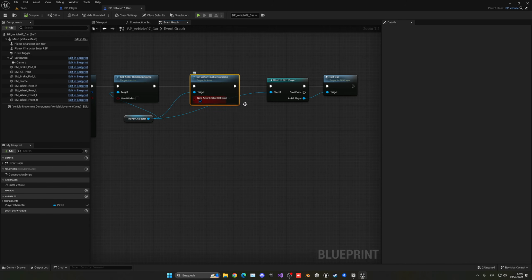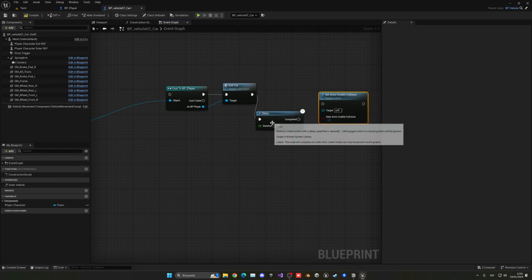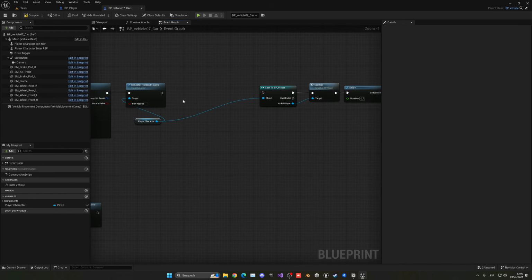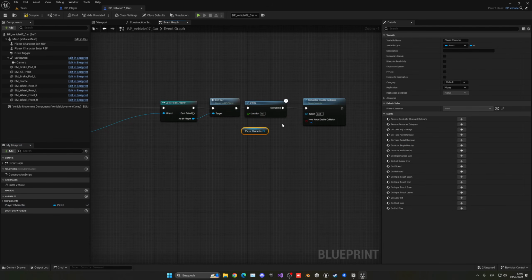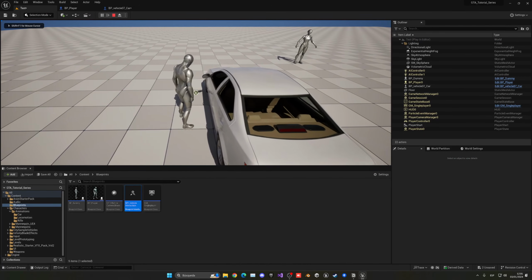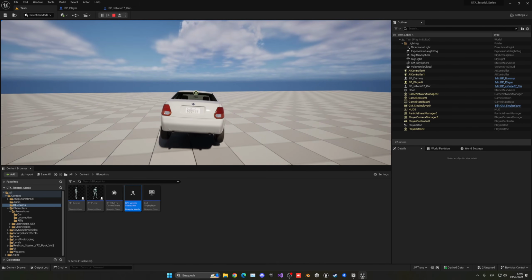So we're going to go ahead and just copy and paste this with a delay node of whatever the animation is, like maybe 0.7 seconds, right? And now with that, we can connect this, drag in the player character variable, and we will only enable the collision once the player exits. So we can go here, stop,